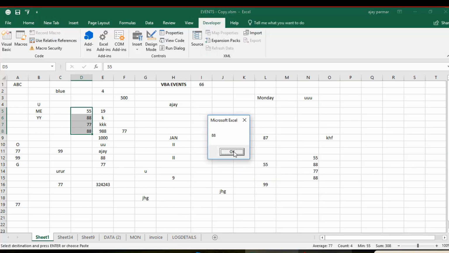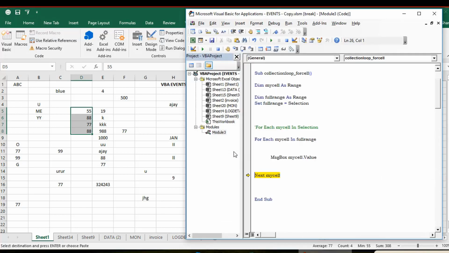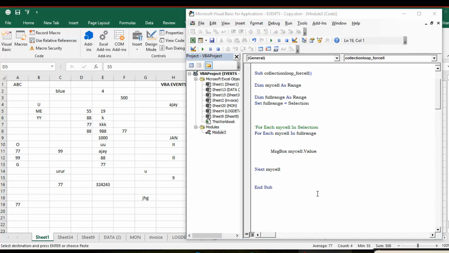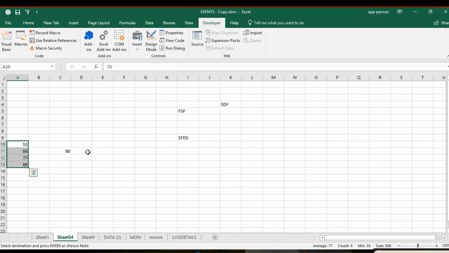55, 88, 77 and 88. We got it done. Now this is the concept I'm going to use there. What I'm saying is that whenever we do some pasting, when you copy this and paste the data here, the data is always pasted in this way. So the selection is always there, I mean to say. So we have to think of this,